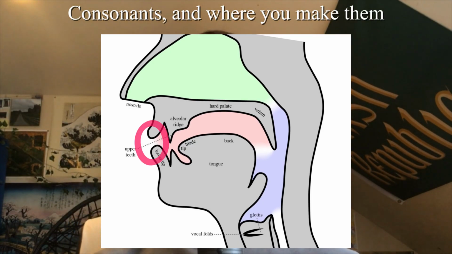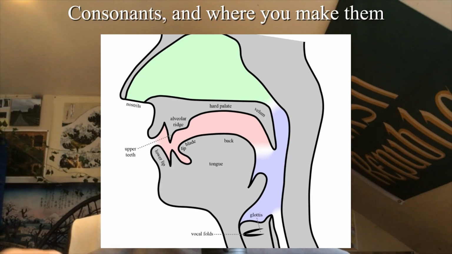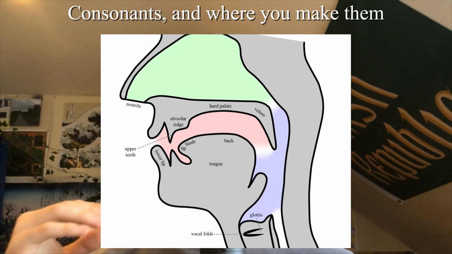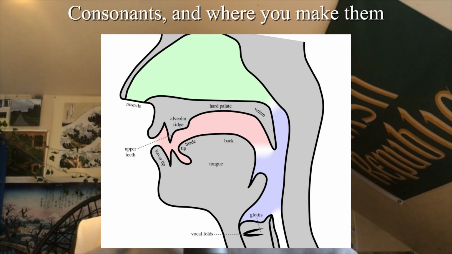So you have the lips, the teeth. Right behind the teeth you have a hard ridge. Right behind that you have the hard roof of the mouth, which is called the palate. Next you have the soft back of your mouth, which is called the velum. Behind that there's the dangly bit at the back of your throat, and underneath that is your throat, and then at the very bottom of your throat is the glottis, or the vocal cords. So,